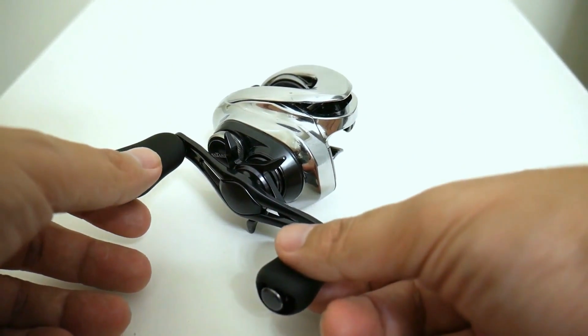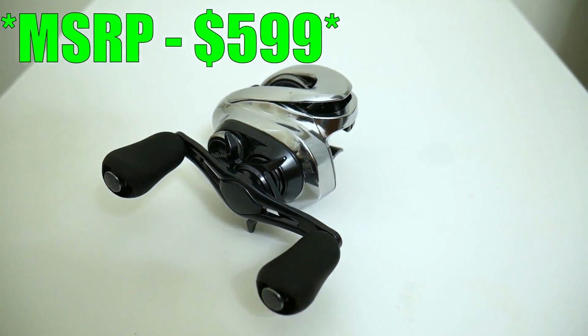As far as the price of this reel, apparently it's already on Tackle Warehouse for pre-order. It's going to be $599. So the price is exactly the same as the old one, which is kind of a disappointment. Now, to keep it in context,